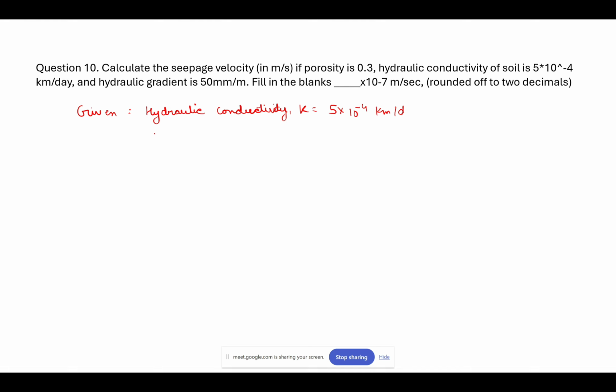And we have been given gradient. So hydraulic gradient is given. It is 50 mm per meter. So Darcy's velocity will be given as,